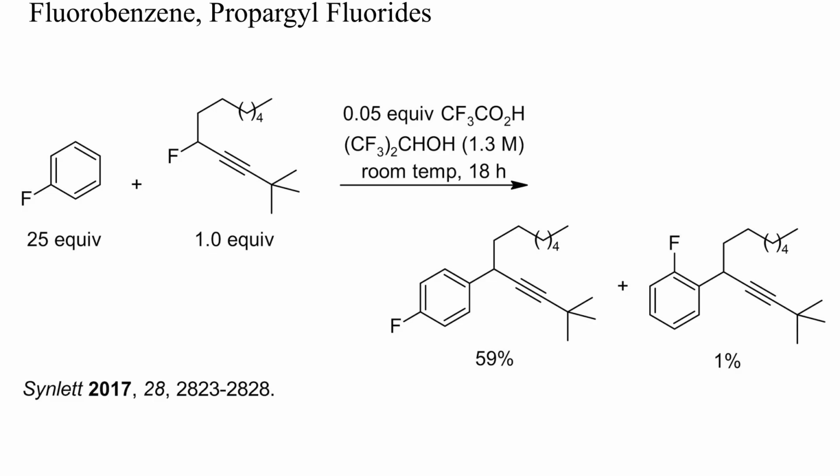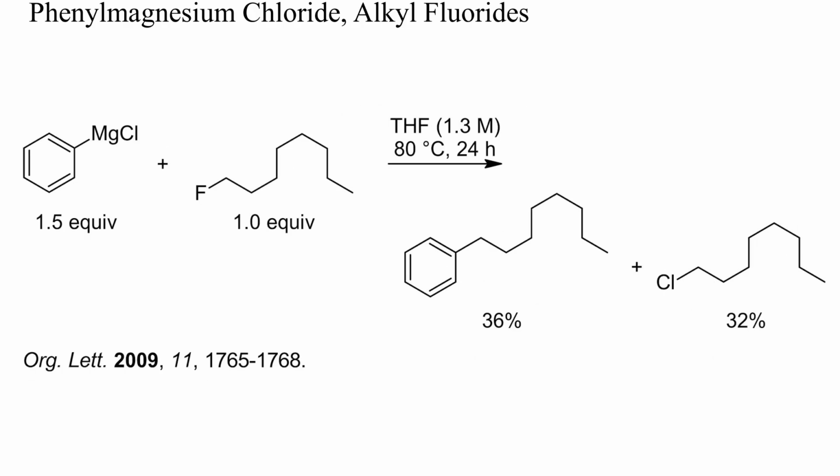In this example, fluorobenzene was alkylated with a secondary propargyl fluoride under acidic conditions, and mostly one of the possible isomers was formed. In Friedel-Crafts acylations, fluorobenzene also reacts at position 4 with high regioselectivity. Alkyl fluorides are poor electrophiles, and nucleophilic substitutions of fluoride are slow and often yield olefins. Here, octyl fluoride was treated with an excess of phenylmagnesium chloride, and a mixture of the expected octyl benzene and